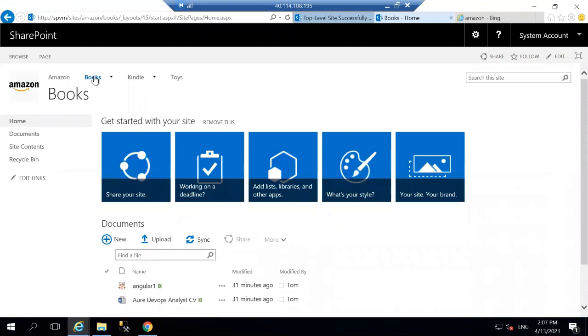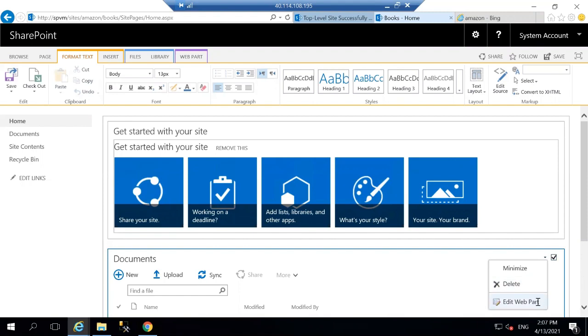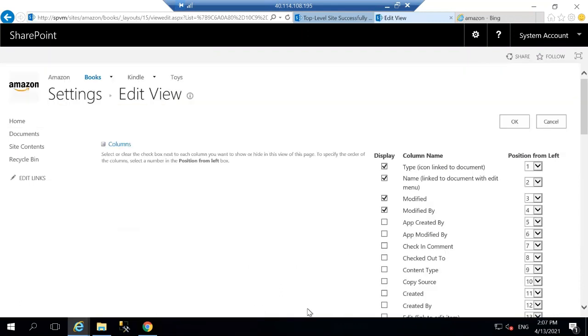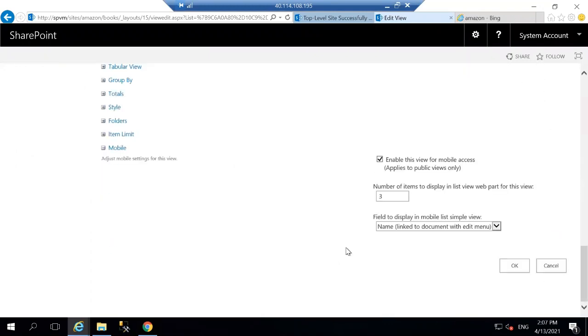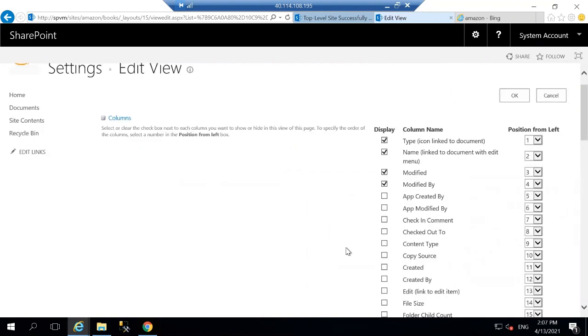All right. So how we can change the view here? Click save. All right, just add some columns, check in comment,